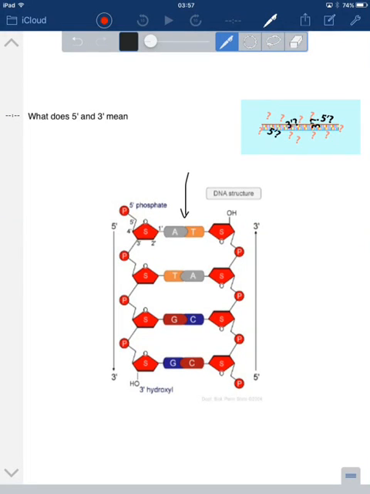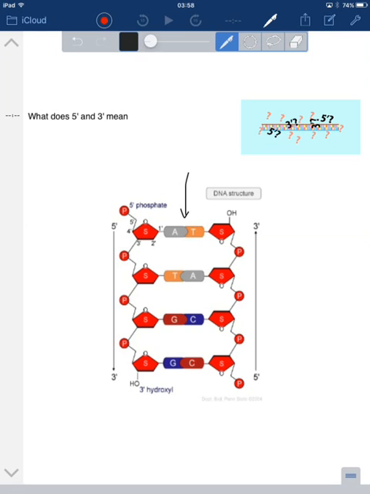This is a podcast on what does 5' and 3' mean. I never used to understand this when I was a student, but it is actually quite straightforward when you know the structure of DNA. And I would really recommend that you work through the structure of DNA so you can understand this. And if you understand 5' to 3', I think it means you've got a pretty good handle on